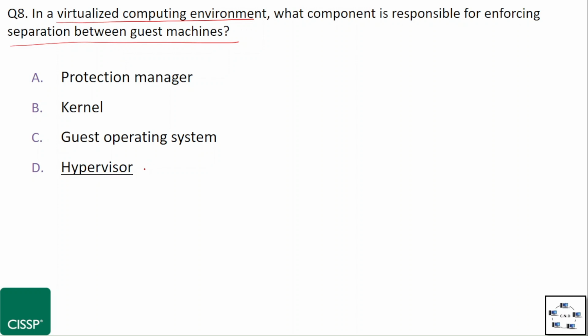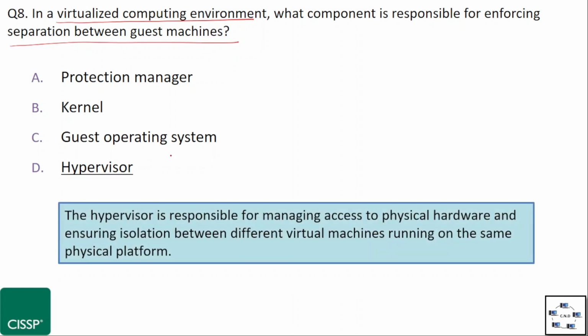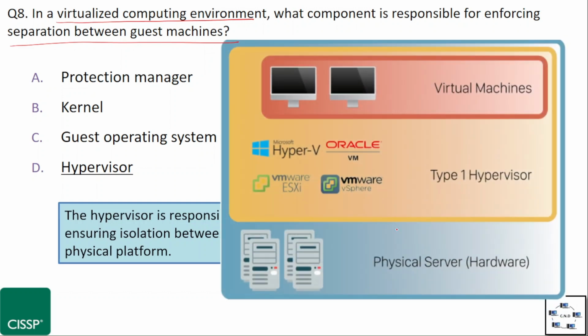So what is a hypervisor? A hypervisor is basically responsible for managing access to physical hardware and ensuring isolation between different virtual machines running on the same physical platform. This is how a hypervisor works or looks. At the base we have the physical hardware. The hypervisor is basically an OS, and it is installed directly on the bare